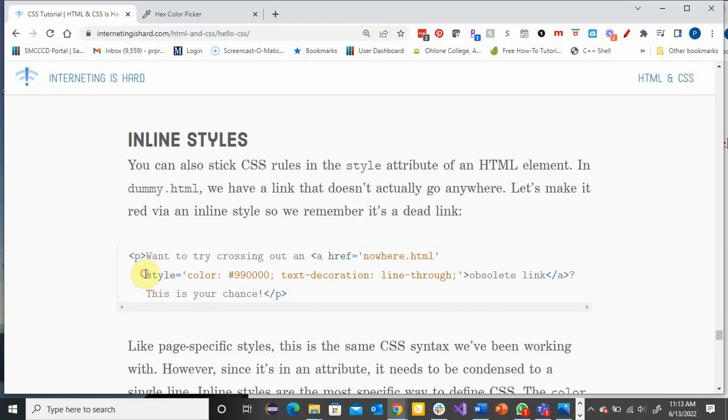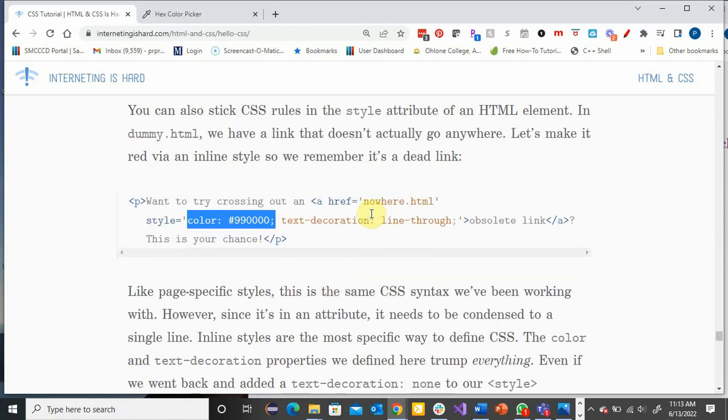I can specify an attribute called style. And when I do that, then in quotes, you see what I have is these are my rules, like my CSS rules. So you can have one or multiple CSS rules that are all applied to that style. So I'm going to add this style attribute